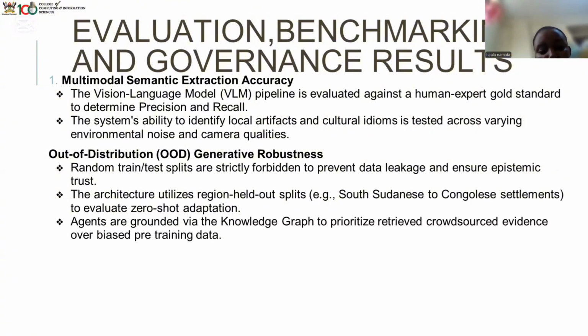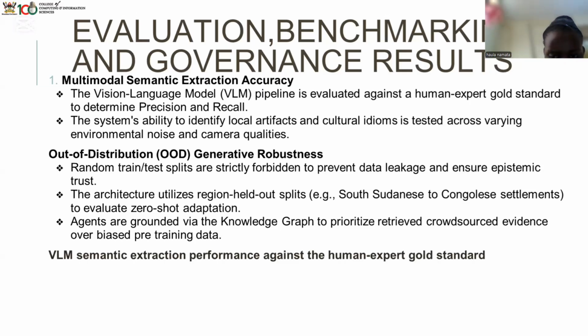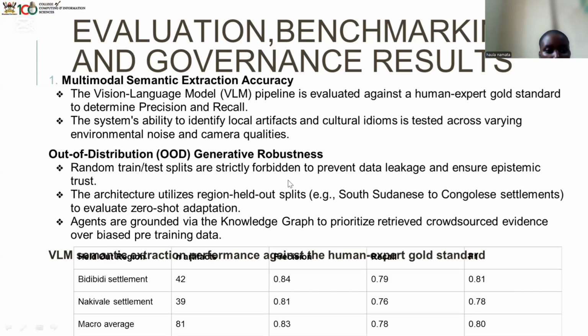Then moving on to the governance and the epistemic trust. The knowledge graph grounding questions the AI system against the retrieved semantic evidence. So it mitigates the hallucinations and the bias regeneration inherited from the pre-training data. And then the provenance tracking enables verification of all the generated educational outputs.